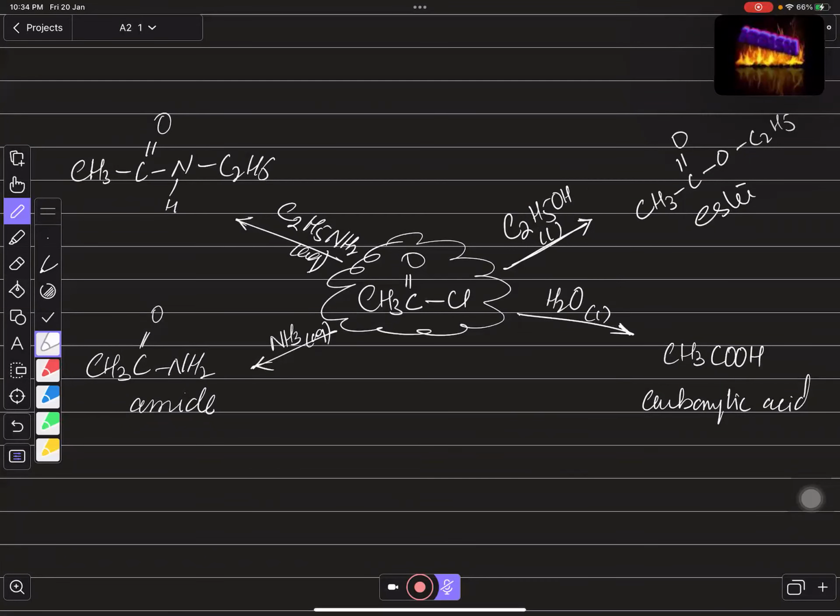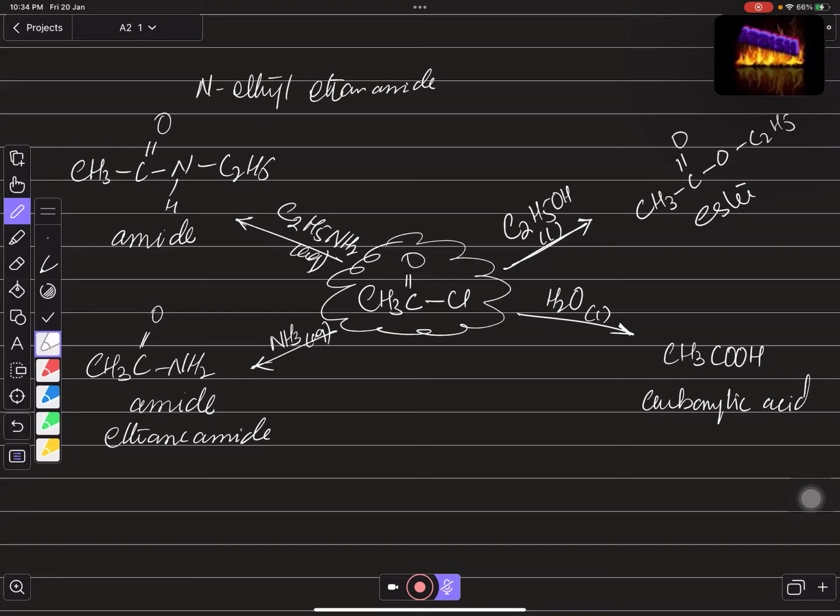So it is also amide. The difference is ये वाला जो है आपके पास सिंपल इथेन एमाइड, और ये वाला आपके पास N इथाइल इथेन एमाइड हो गया. ठीक है बच्चों,